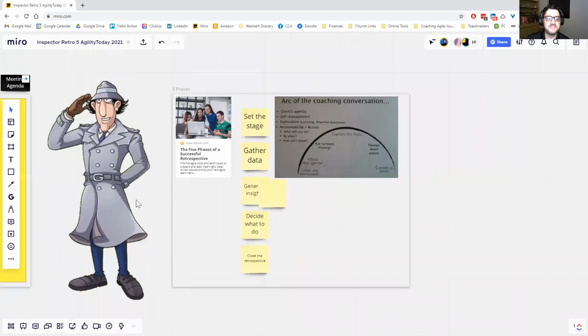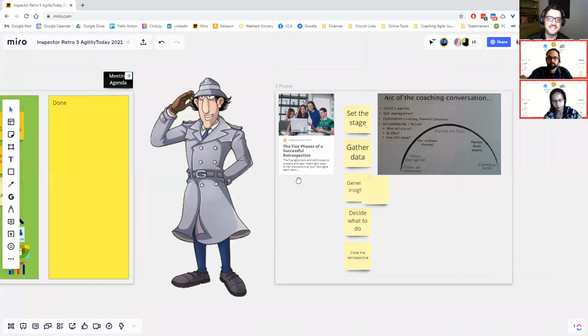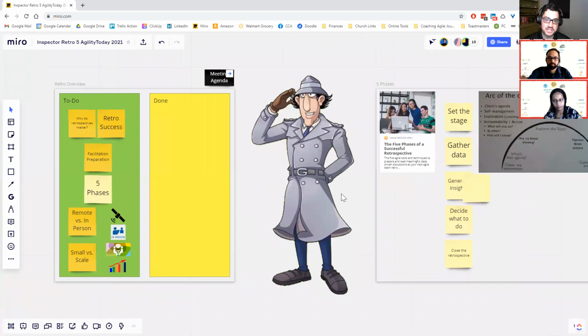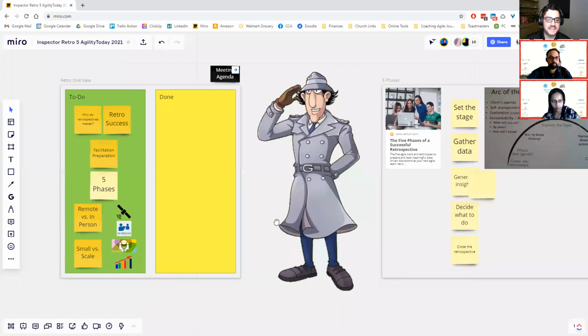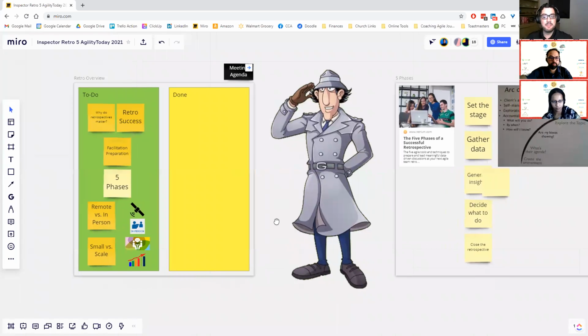So what is our challenge as facilitators? It is to give our teams and individuals, if you're coaching an individual, an opportunity to see their problems and challenges in a different light, so they can come up with effective ideas and experiments to try to improve on them over time. All right, so that's what we want to do as a facilitator, and it takes time to build each of